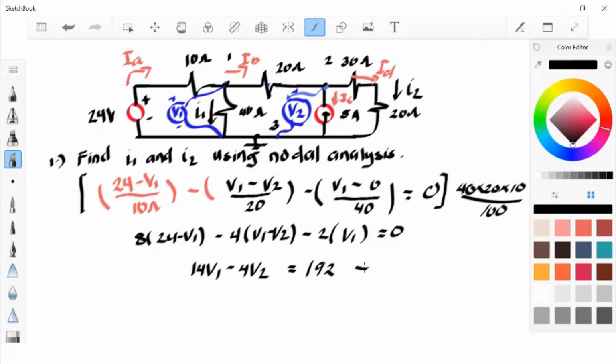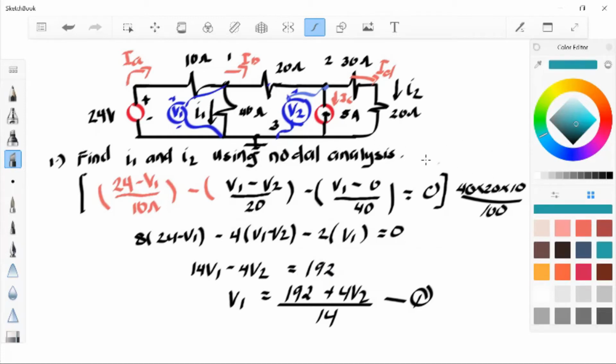And let's transpose V2 on the right hand side, and let's solve for V1. Therefore V1 is equals to 192 plus 4V2 divided by 14. That is the equation number 1. This equation is actually applied at node 1, therefore we denote this as KCL at node 1, okay? So next step is to solve for the